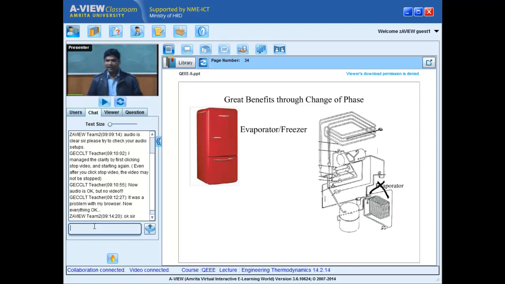Condenser. What I do? I compress this entire vapor to higher pressure. All of you know, but if I increase the pressure, it will condense at a higher temperature. Now, I select a pressure such that this temperature will be higher than the atmosphere. The temperature of the fluid here will be greater than the atmosphere. Then what will happen? Because this temperature is higher than the atmosphere, naturally it will lose all the heat and it will become a liquid. So all the heat which I have taken from the freezer, I'll throw it to the atmosphere. Now the fridge will work continuously.